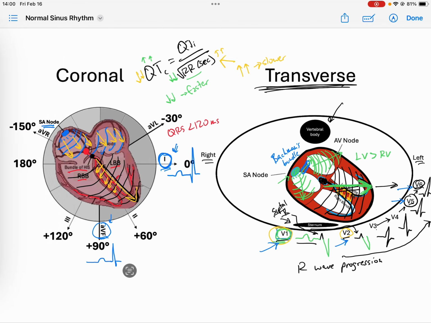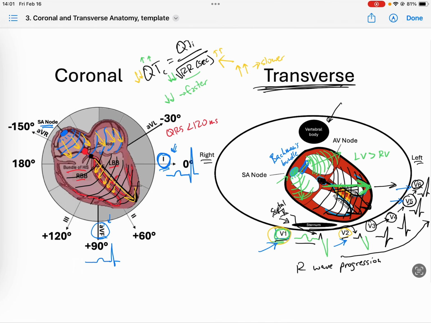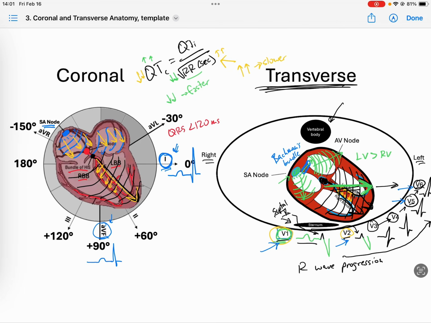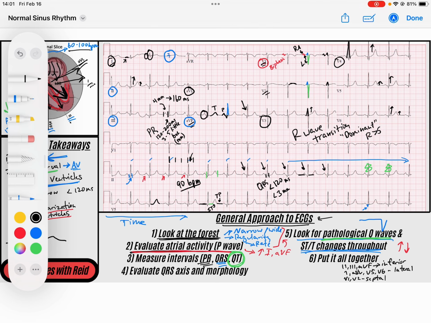And then last but not least, V3 and V4 are capturing the majority of that anterior portion of the ventricles. And so V3 and V4, we would call them the anterior leads. And so I'll come back here. The last anatomical region, V3, V4, are the anterior